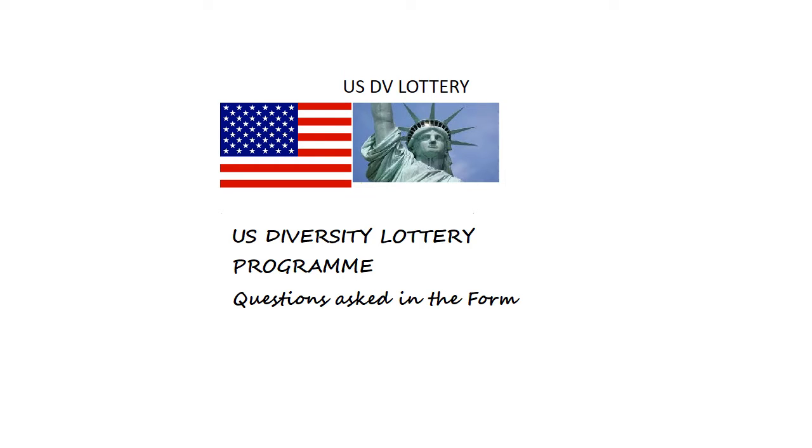First, you need to know the entry period. Applicants must submit entries for the DV lottery program electronically at dvlottery.state.gov, which is the official website, between October 2nd and November 5th every year. This is the normal period for applicants in the past, and hopefully this year will also be the same. Do not wait until the last week of the registration period to enter, as heavy demand may result in website delays and you will not be able to apply.